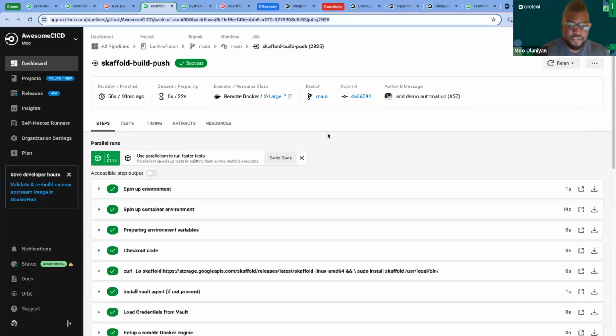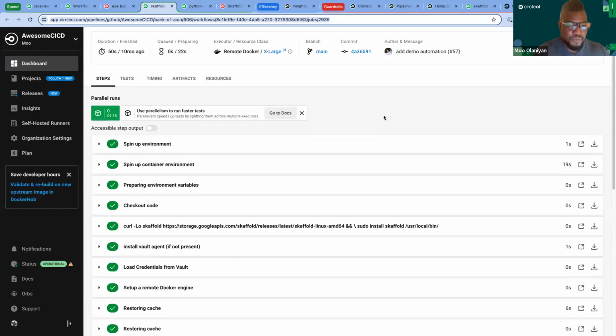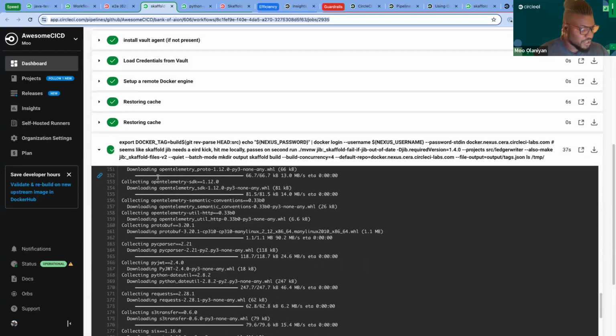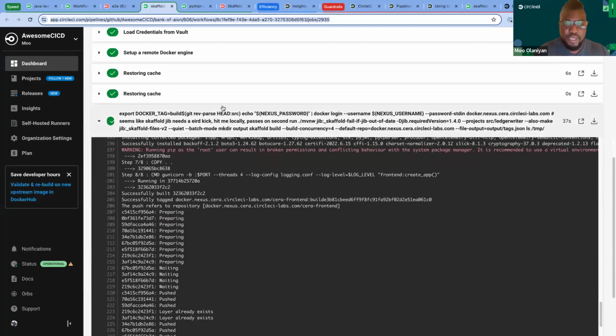So I'm going to hop back into the UI and look at this particular successful build, right? In this job step, you can see we are taking a fairly beefy Docker image, and within about 40 seconds we are building and pushing that image to our Nexus container. 40 seconds is pretty quick for the size of Docker container that it is. How is it going so fast? We're using a really powerful feature called Docker layer caching, which allows us to significantly speed up this building and pushing process for our Docker build.